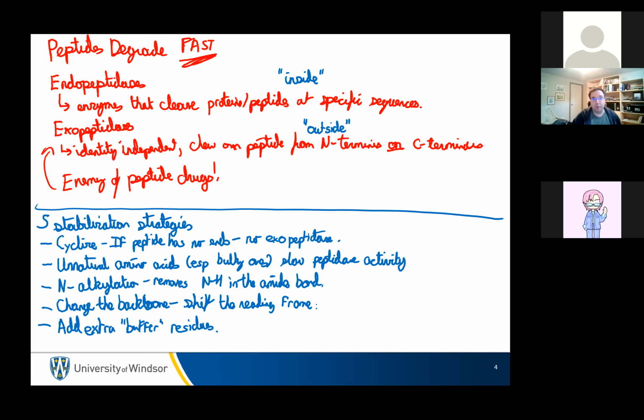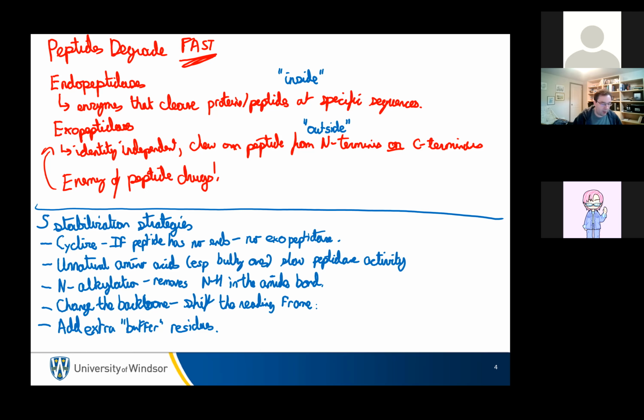We cyclize, we remove the ends. We use unnatural amino acids which bulk it up so it no longer fits into the protein. We use N-alkylation so that it no longer recognizes NH bonds, which then hurts its ability to bind this thing. They're kind of associated. Or we shift reading frames. We shift the physical spacing of things